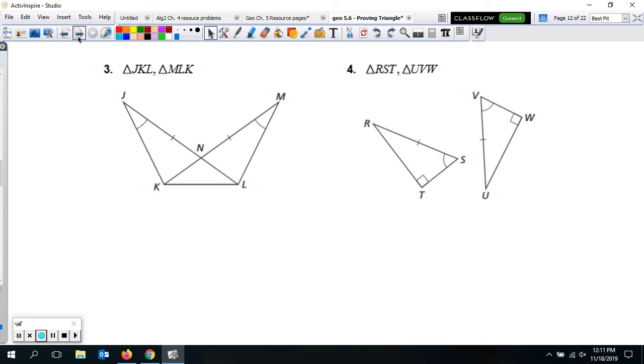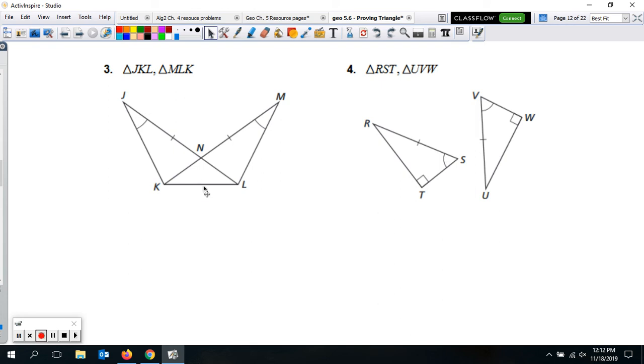All right, so let's check number 3. So we're trying to prove that these two triangles are congruent. We definitely want to look at them here since they're kind of together. JKL is this guy over here. MLK is this guy over here. So we have one angle, and then one side shown and marked on our diagram. But we also have, let's see, some other things. What else do we have here? Well, we do have a side, so we actually can say a side right here. KL is congruent to KL, so that could be a side. Would that be enough with